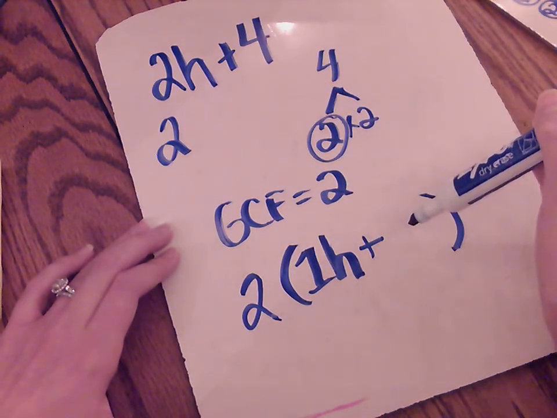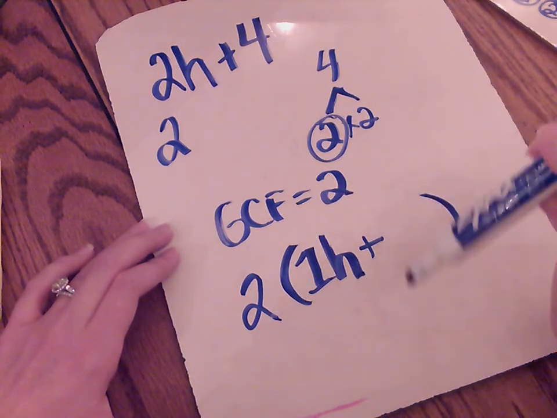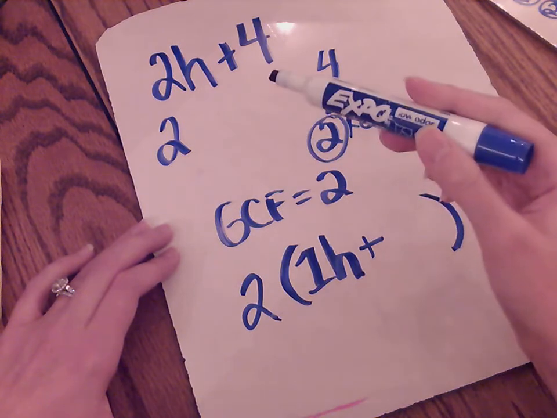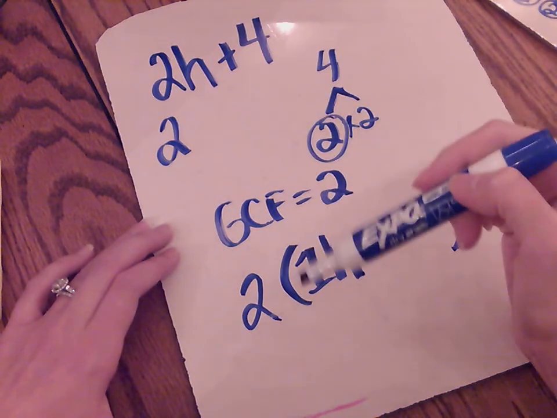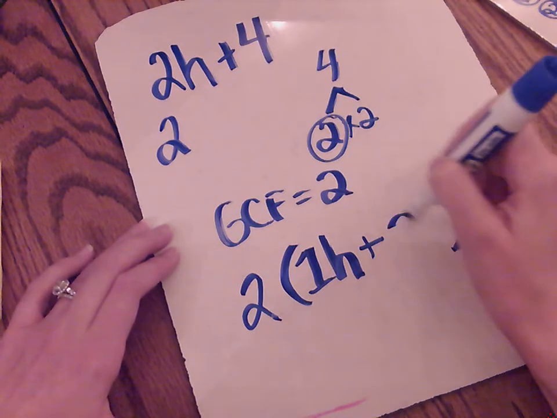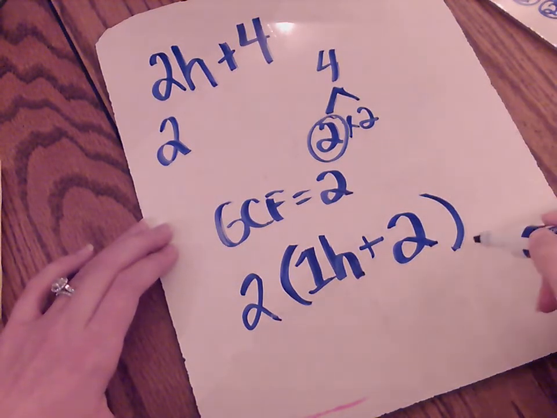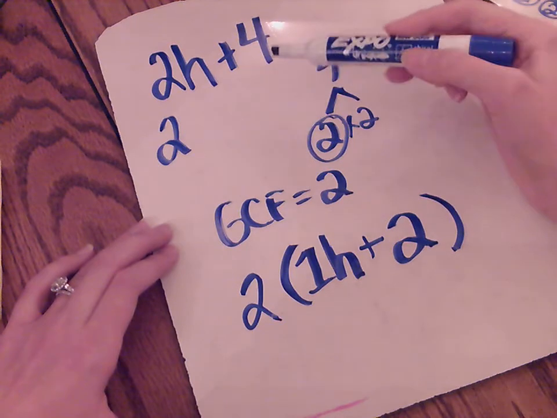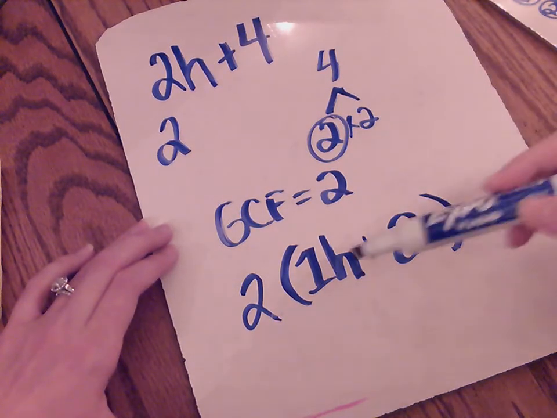I can't just put a 4 here because if I do 2 times 4, I'm going to get 8, and that's not the original expression. So I need to think to myself, 2 times what is going to get me to 4? Well, 2 times 2. Okay, so I've now factored out this expression and turned it into our distributive property,